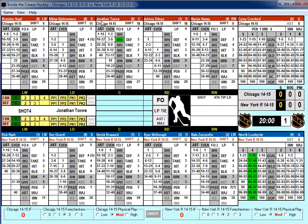So you can see if we had a shot 4 here with Jonathan Toews, it would have been normally a shot 76, which is going to be held by Lundqvist, and boop, it's over. But you can see here, I've actually altered the file, so it's a shot 76, but even though it would normally be held by Lundqvist, instead it's been tipped by the left defenseman. So the rules associated with tip plays are